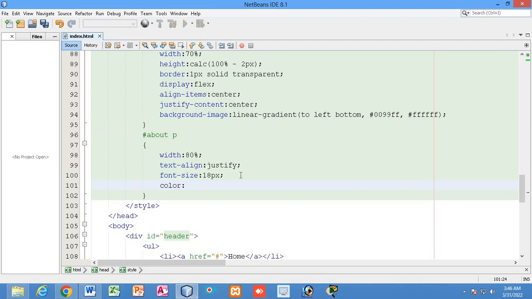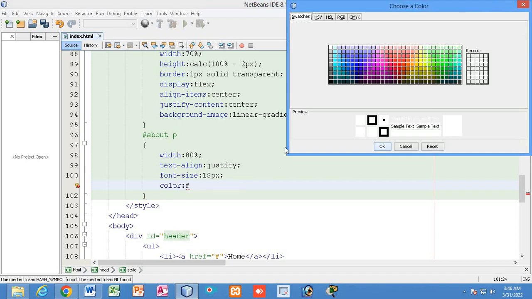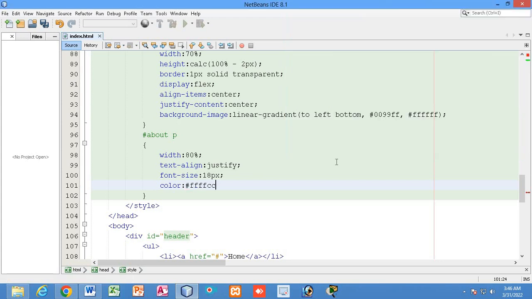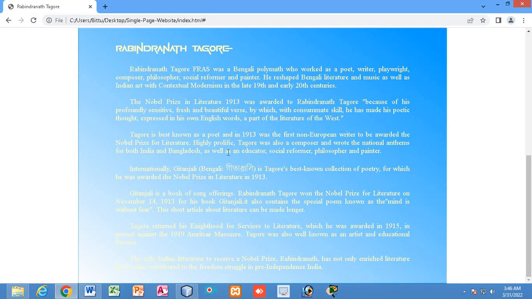Use the color property, and find a color from here. Any color you can find. So if I put this color, how will it look? Let me see how it looks. Okay, is it looking good?